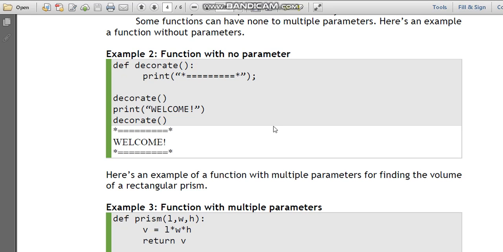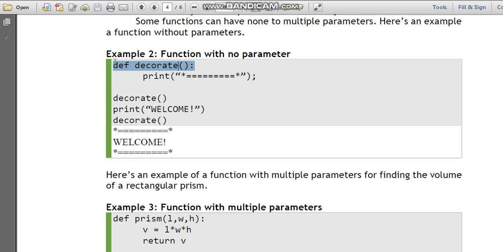Okay, so here's another example. This is a continuation of the previous video natin about functions. Okay, so some functions, may mga functions tayo na walang parameter. Ganito, a function with no parameter. So wala siyang argument or parameter. So pwede yung ganyan. Ang ginagawa lang ng function na to is magdi-display lang siya ng ito,